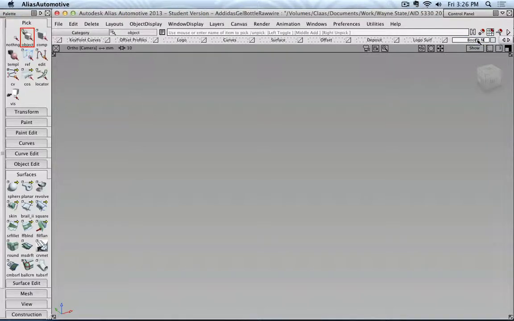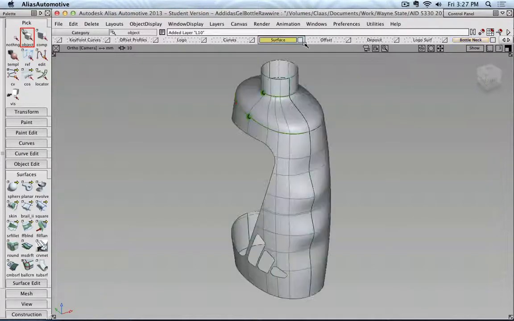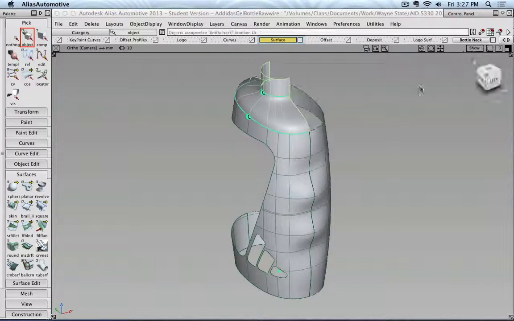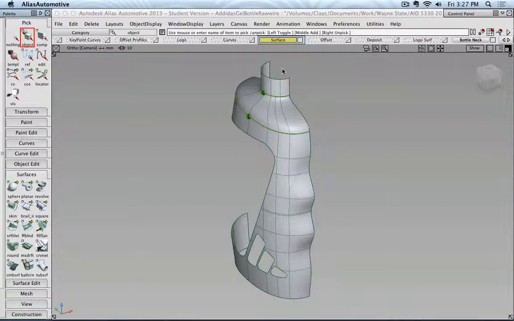Let's call this maybe bottleneck. Okay. And then those surfaces I'm going to assign to that layer, because then this one I can turn off the symmetry,